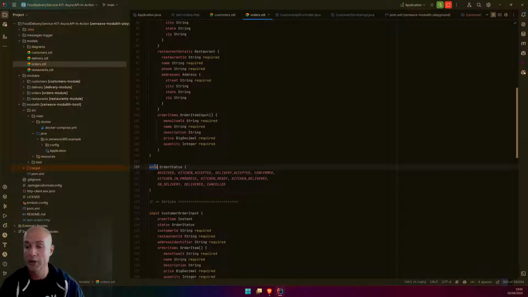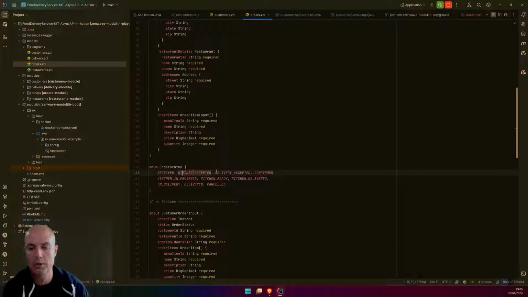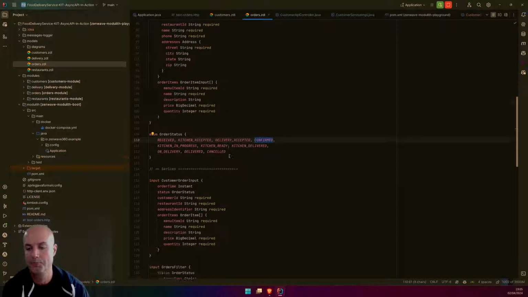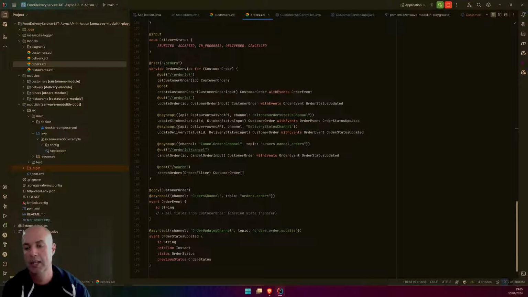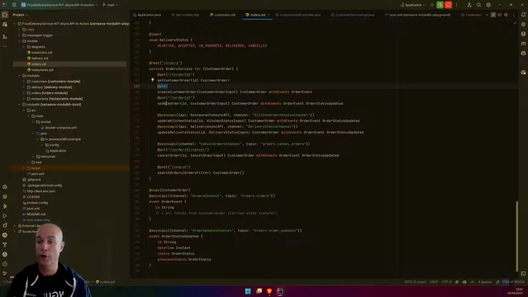It has an enumeration of order status, and an order can go through all these statuses. And we have here a service, order service, for our customer order aggregate with some commands, also annotated for REST APIs.